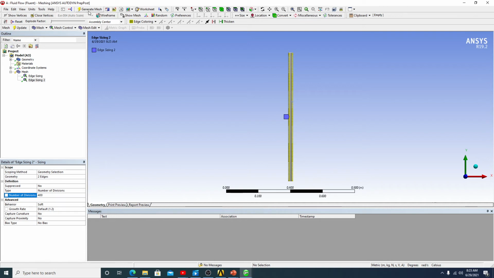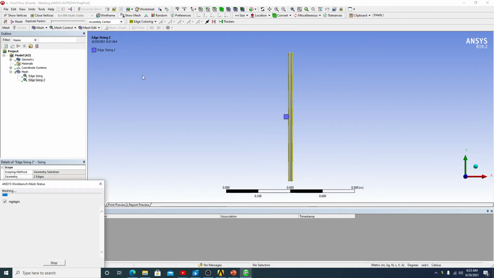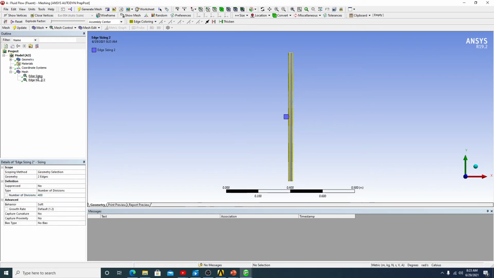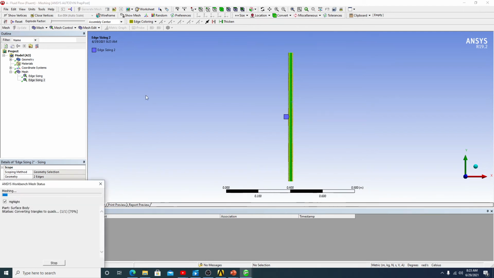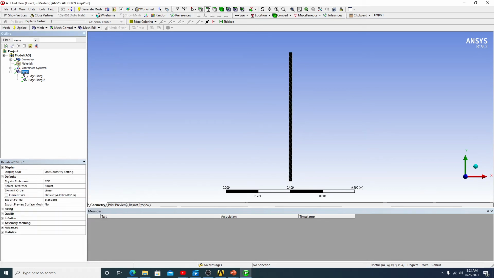So now if you click on generate mesh, it will generate a mesh according to our sizing. Here one thing you can do, you can change the behavior from soft to hard, which is important for us, especially for the simple geometry. It will strictly follow your instruction and then again generate mesh. So now if you can see here,